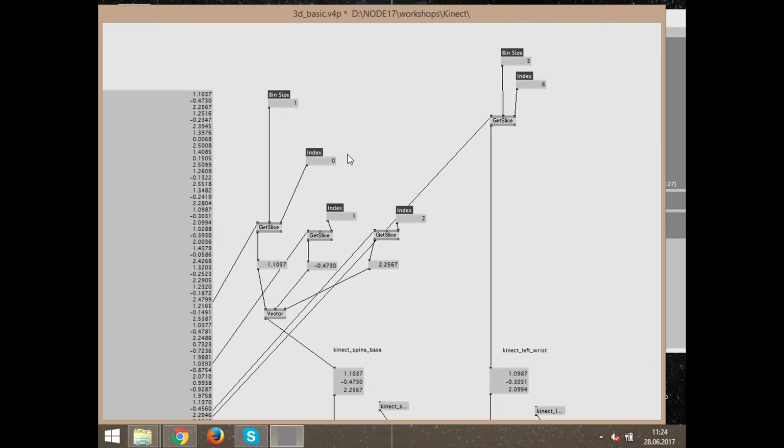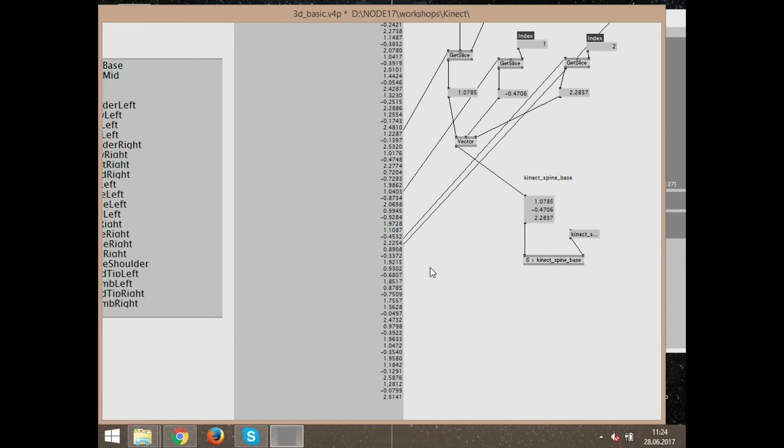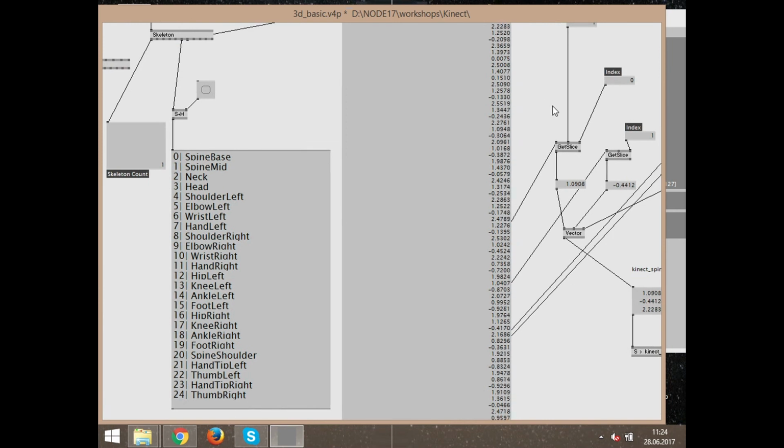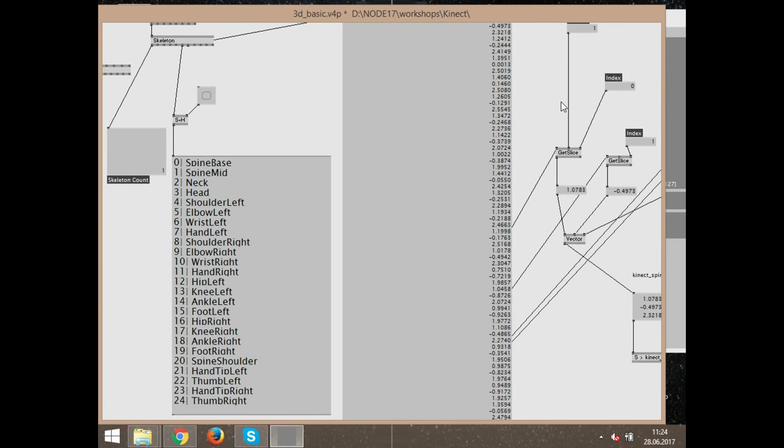we can use these minutes to explain the get slice one last time. What the get slice is doing, it's giving me 1 slice out of this array. So if I want, for example, from index number 6, the x coordinate, I know that before I have 5, 4, 3, 2, 1, 0, and all of them have 3 coordinates inside. So in the end, 6 times 3 is already 18 values. So the 19th value will be the x of my wrist left,